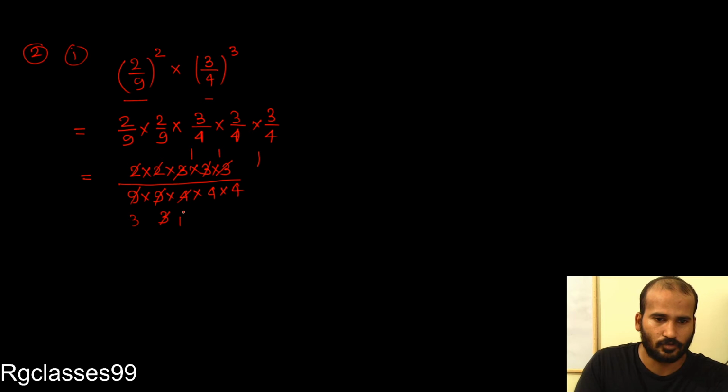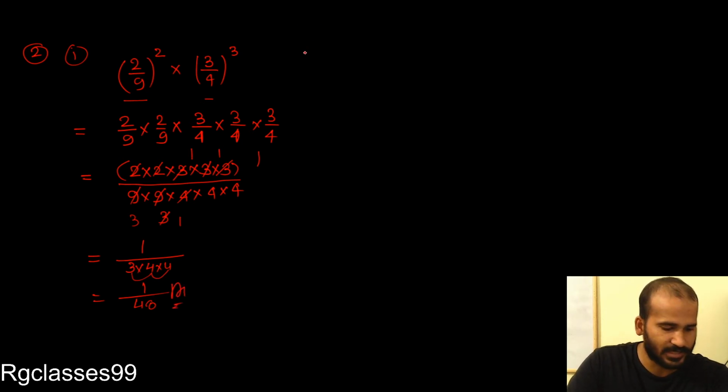Finish. So what you have to remember, just look here on the numerator side, you have only 1 into 1 into 1, it means only 1, and in the denominator you have 3 into 4 into 4. It means 1 upon 3 4s are 12 and 12 4s are 48. So the answer is 1 upon 48. Okay, so just take the next example.